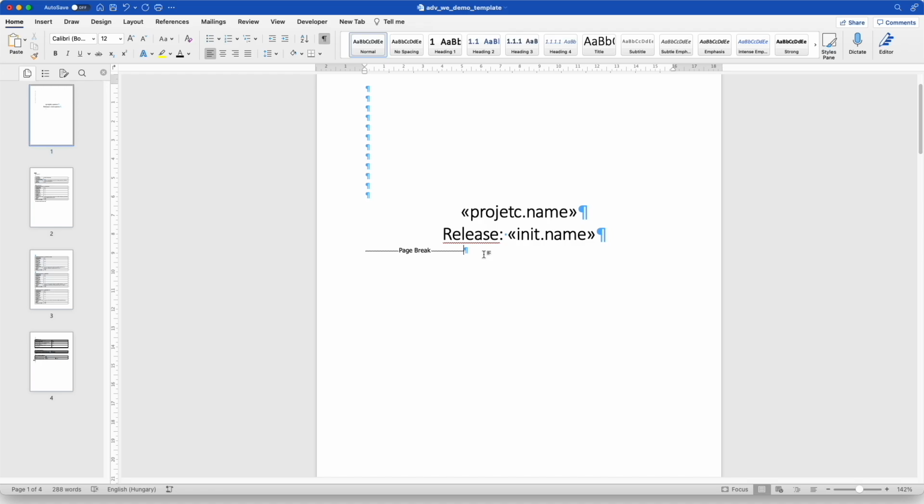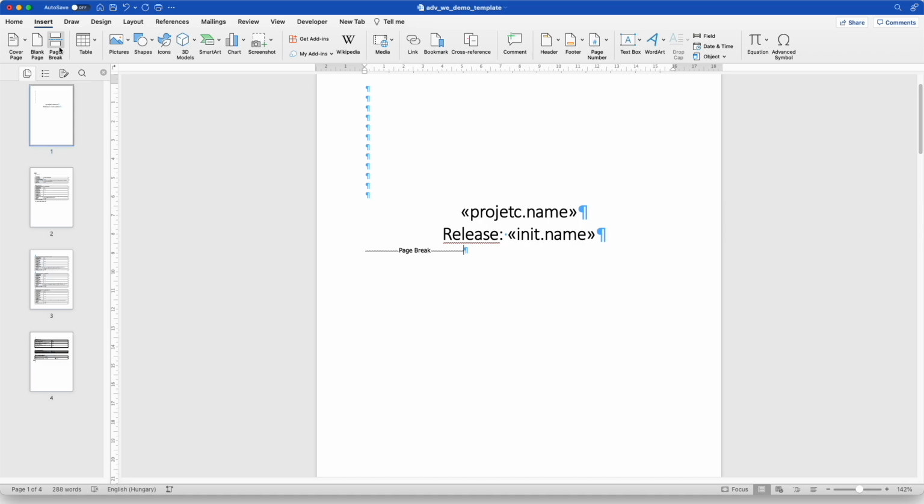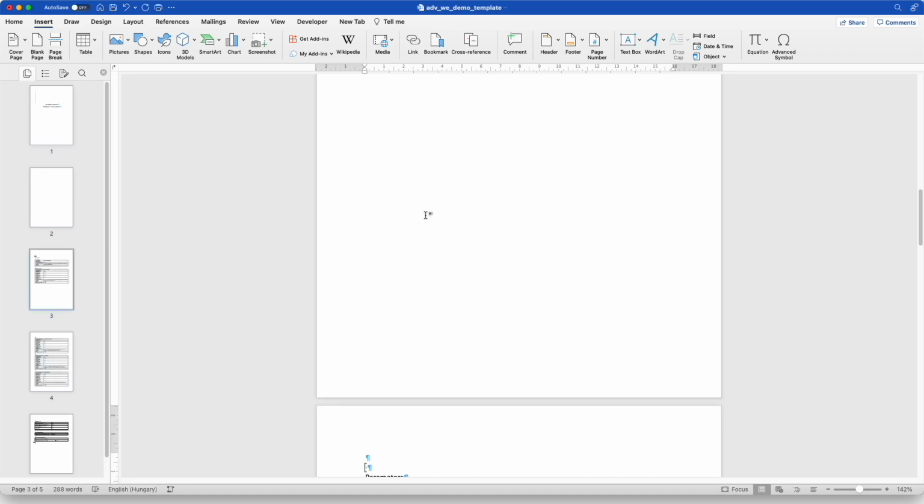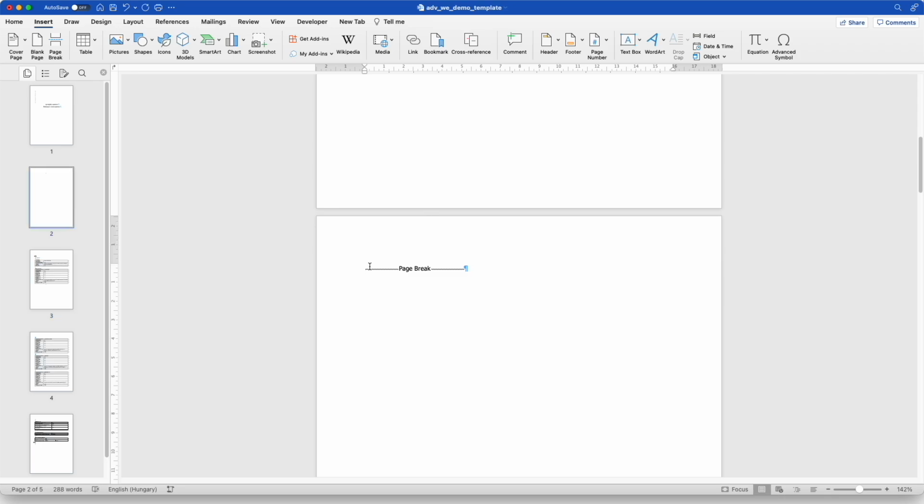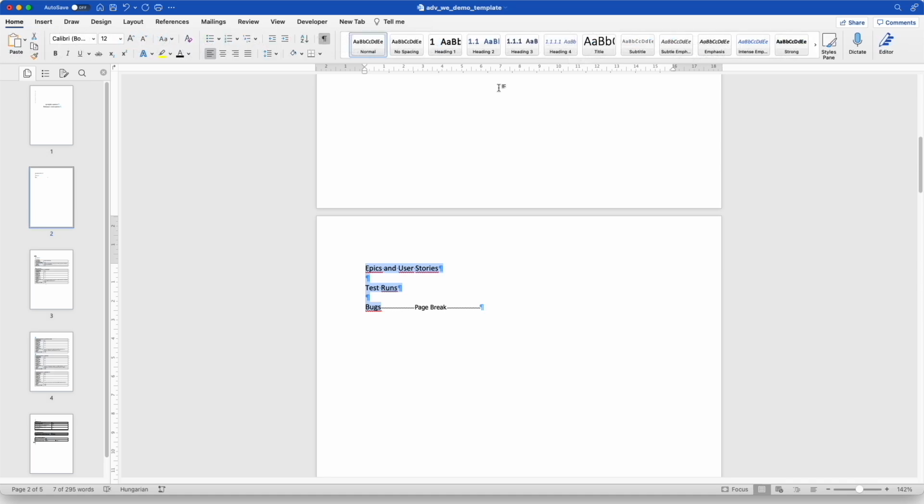And now I will insert a new page break, because we would like to start to build the actual content. Yes, and let's say into the first chapter we would like to pull the epics and the related user stories. So let's call it epics and user stories. Into the second chapter I will have the test runs, and into the last chapter let's pull the bugs. And we use the Heading 1 styling for them,